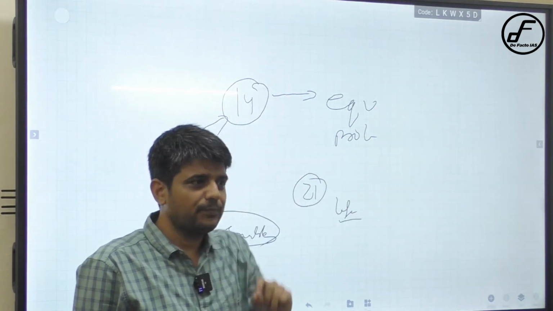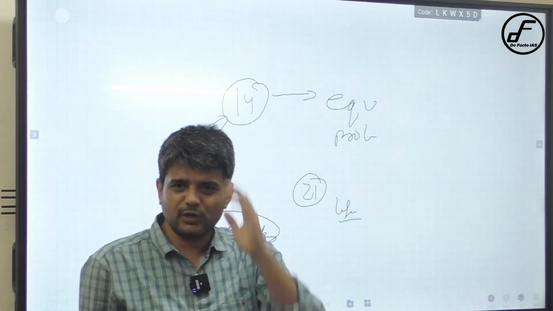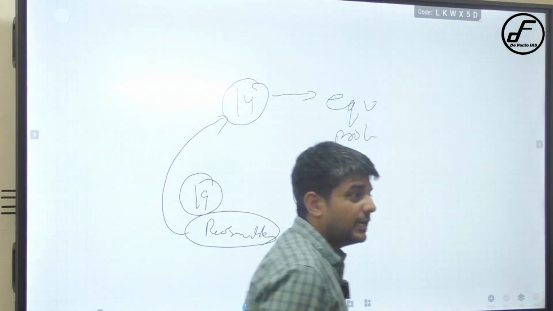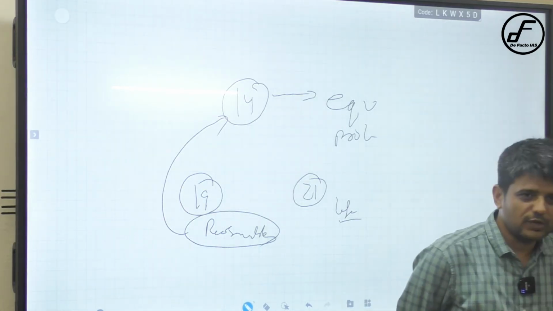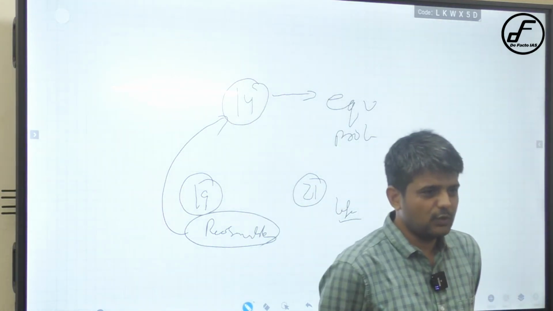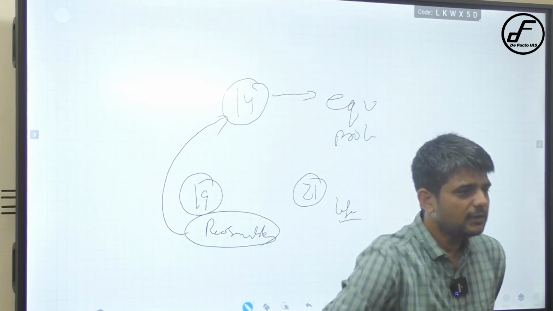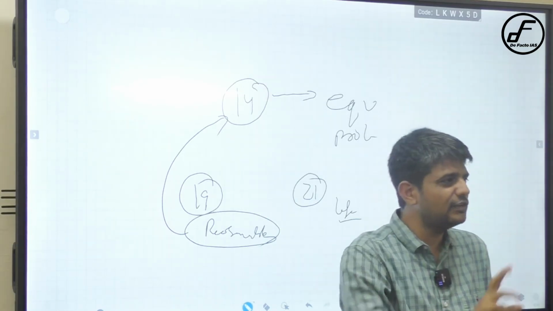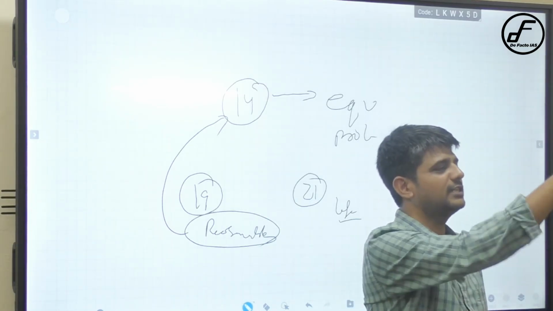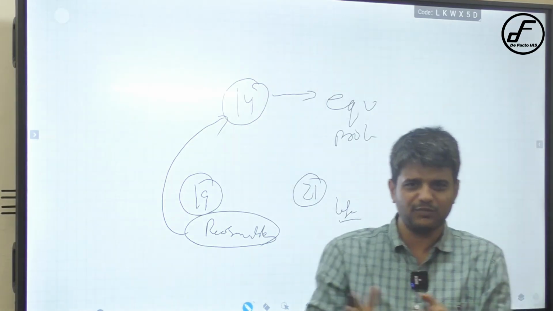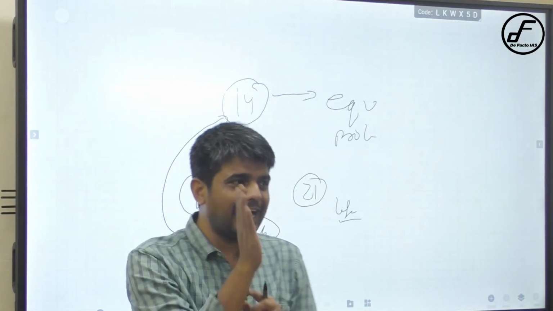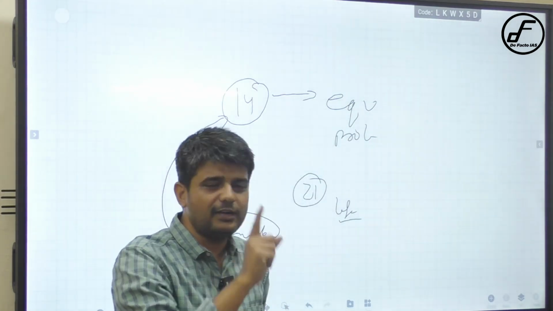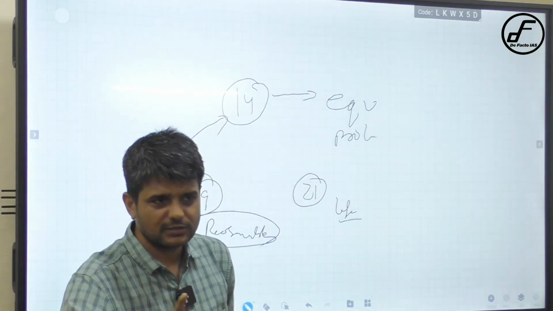Understood? For example, the executive passes an order taking away your freedom of speech, and it is arbitrary. That can be challenged, that it is violating Article 14, right? Executive passes an order saying you will not do this protest here. That order might claim that it is exercising the reasonable restriction, that the security of India is threatened because of your protest. Now that order I can challenge under Article 14, saying that the order violates the doctrine of arbitrariness.